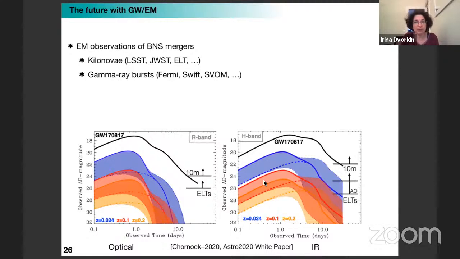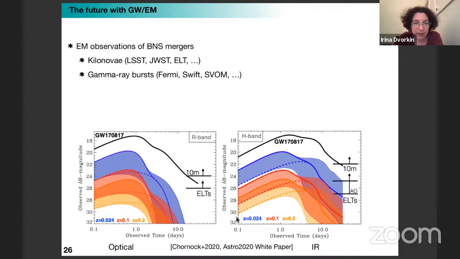Of course, we also hope to have many more electromagnetic counterparts to these observations, which will help us also constrain this process of kilonova itself, maybe the mass ejected per event, and this ejection process itself. So for the moment, only one event has been observed, both in gravitational waves and electromagnetically. There was another binary star merger detected in gravitational waves, but not electromagnetically. The reason is that, first of all, they're very poorly localized usually,